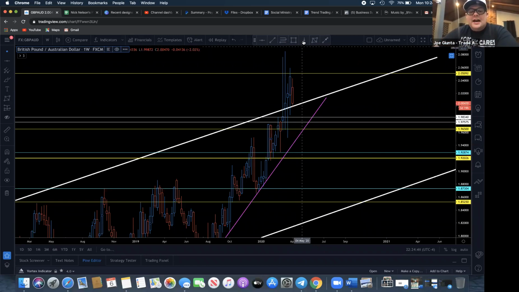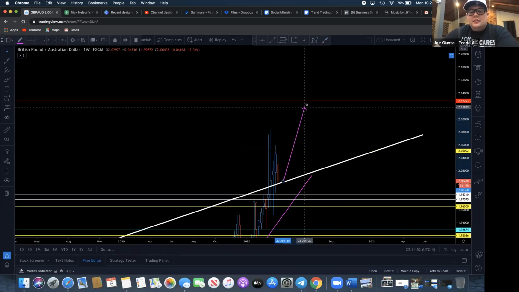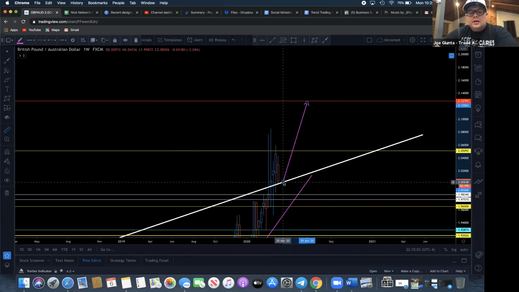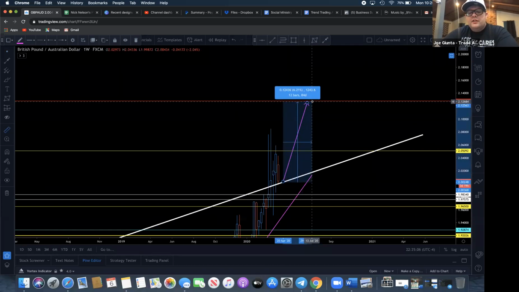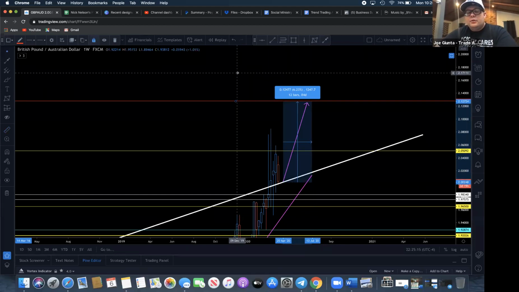And if that happens, guys, we're looking at something like this, where it's going to retest off of here, and it's going to shoot up like crazy, because look what you got. Before you hit the next major level, you're going to break out of this level. You're going to see it pull back and break through. And if it does, let me show you the measurement here, guys. We're looking at a major move of about 1,250 pips before we enter into the dead zone, the red zone.